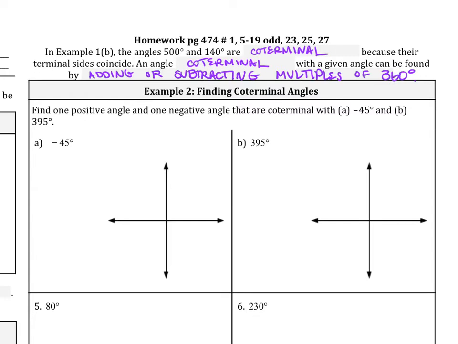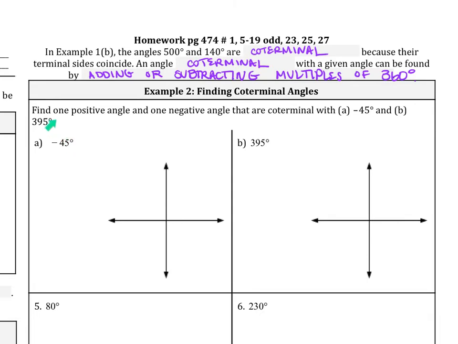So we're going to see some examples where you have to subtract more than 360, so multiples of 360. So think about 2 times 360. That is 720. And sometimes it's more than that. You have to do 3 times 360 because 360 is a full circle. In order to end at the same exact spot, you're going to have to add or subtract multiples of 360